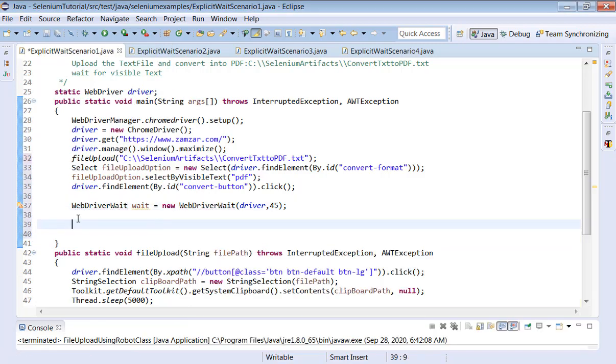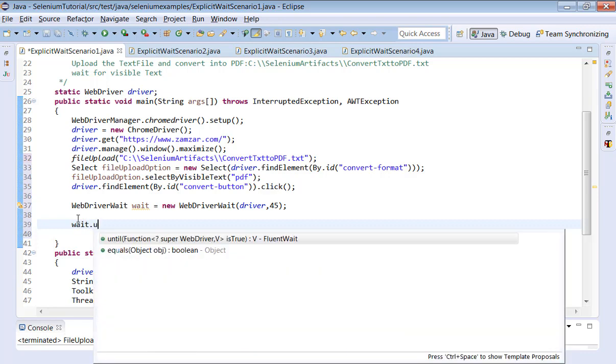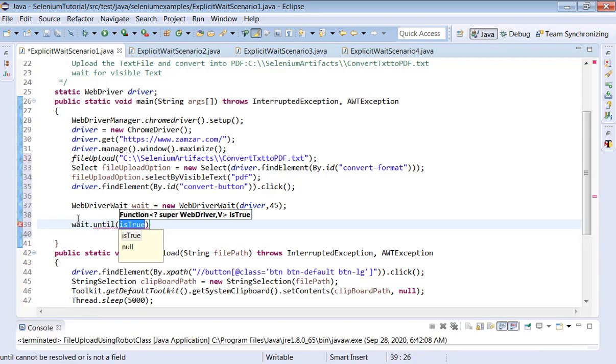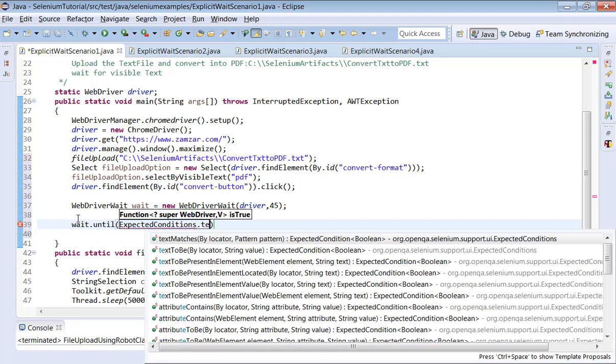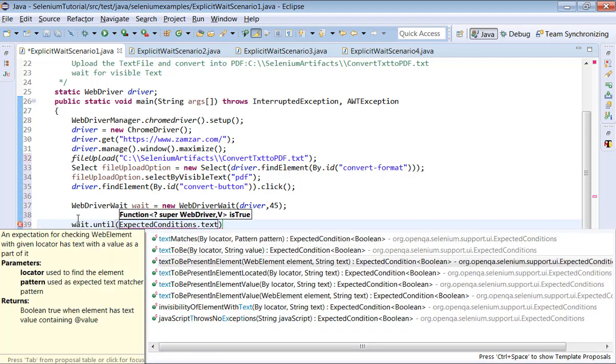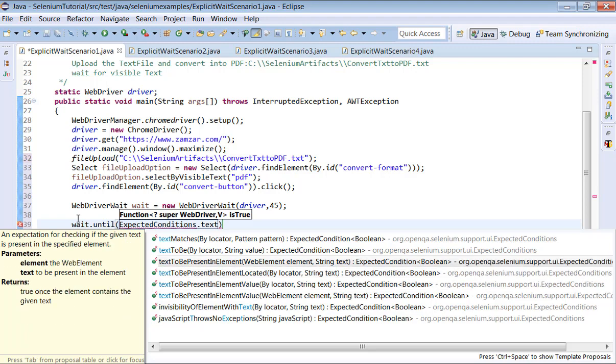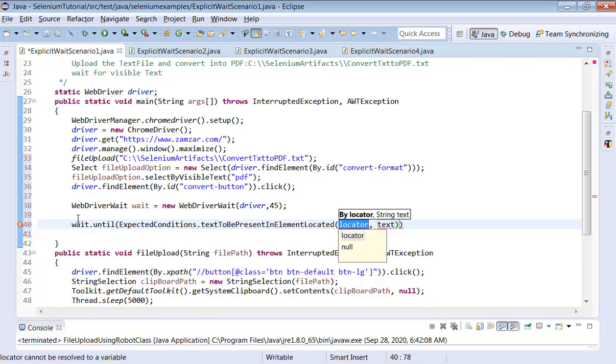Now we are going to put a conditional statement for the text to be visible. wait.until. What is the condition? ExpectedConditions.textToBePresentInElementLocated.